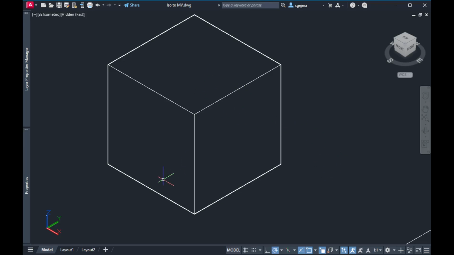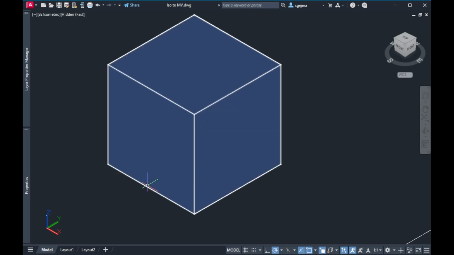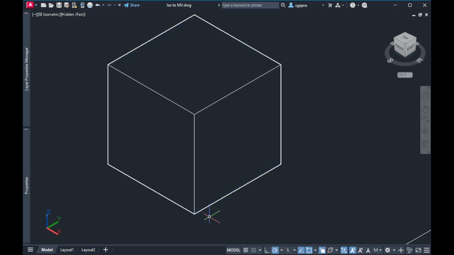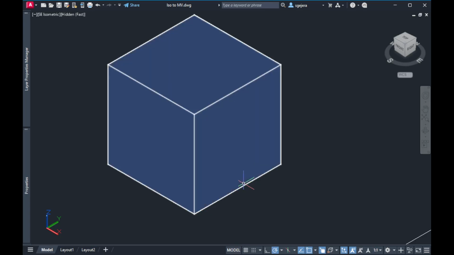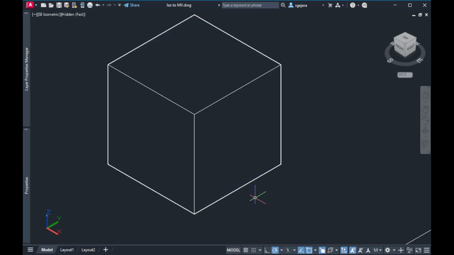Ito yung orientation kung saan if we try to measure, kunwari, a distance from here to here, that distance would be the same distance if we were to measure from here to here. Parang ganyan. So, equal ang measurements nila. So, because of that equal measurement, we are allowed to copy distances along our isometric view. So, pwedeng directly magka-copy tayo ng distances and we copy it directly into our multi-view projection. Okay? So, the only caveat is that